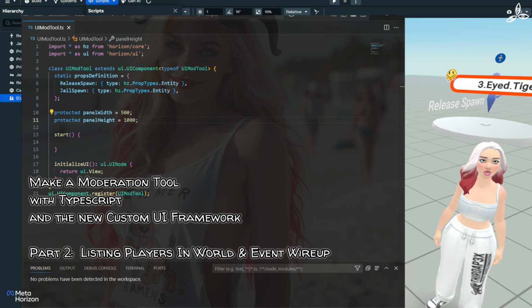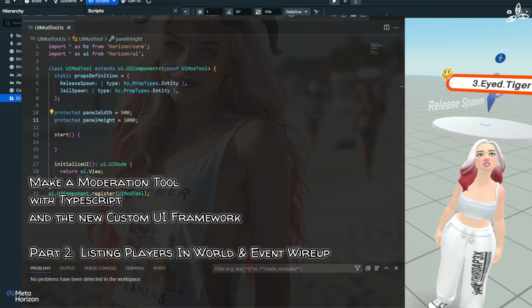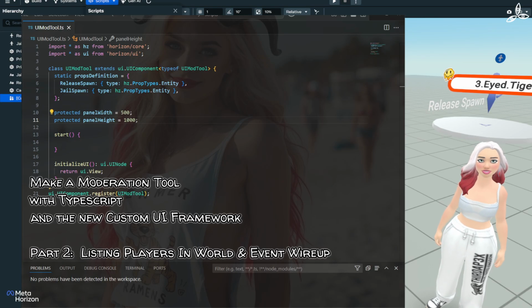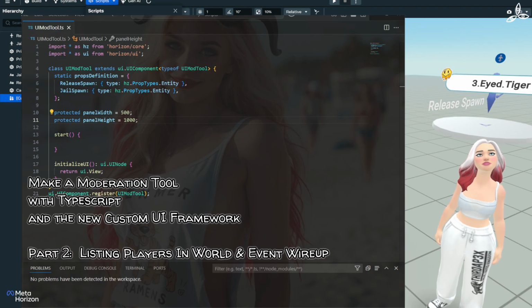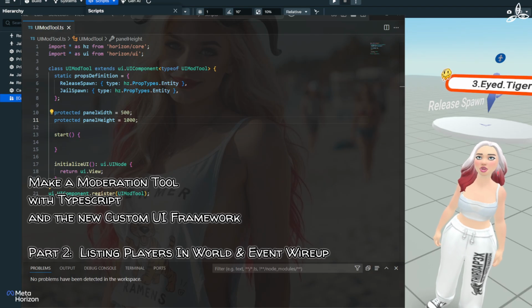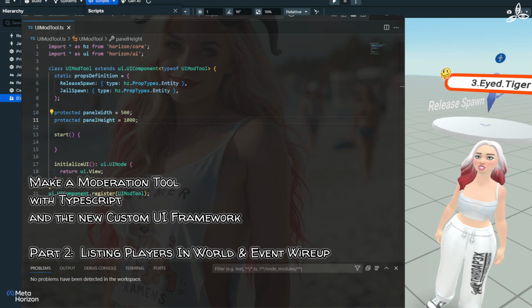Now, if we really have stopped to have a think about how this is going to work, well, I want this panel to show me a list of users that are in the world. And I want it to present me with commands that I can apply to those users. So it is going to be an expanding list of users, and there could be up to 32 people in